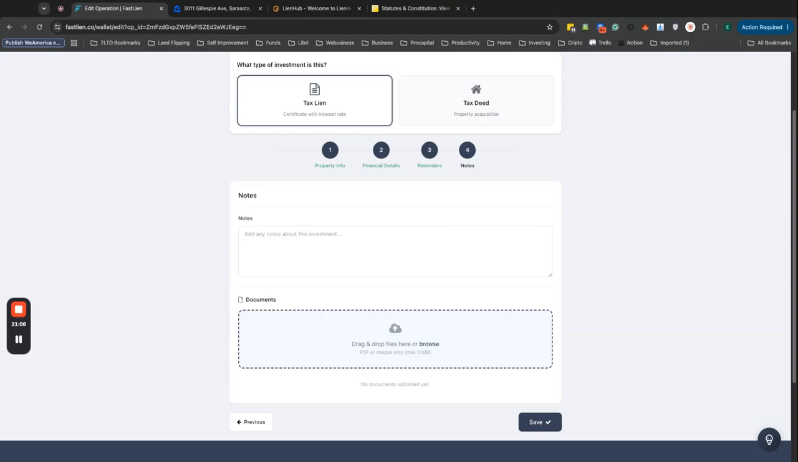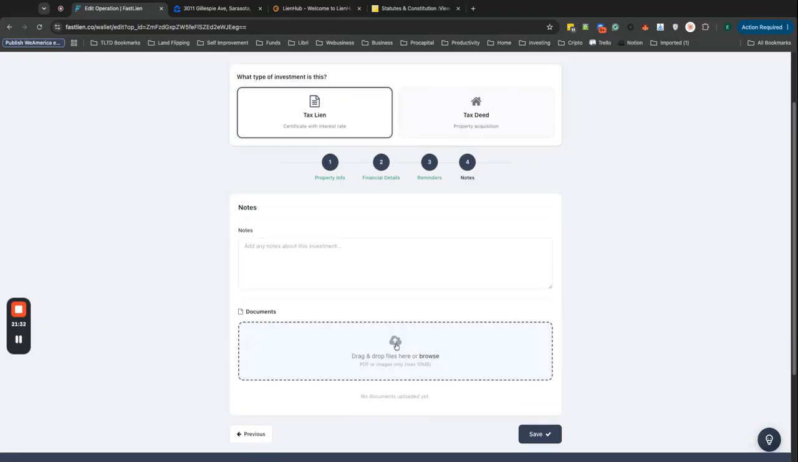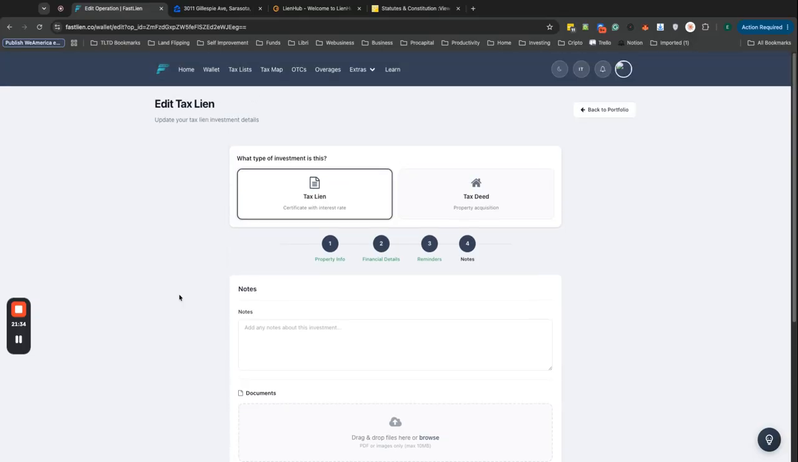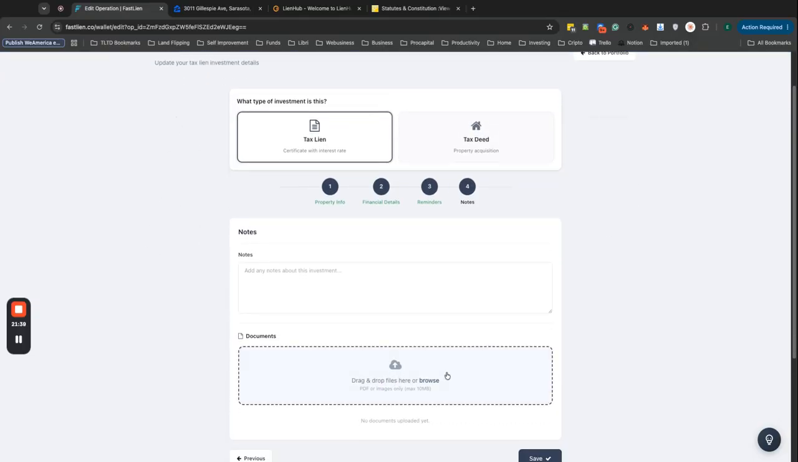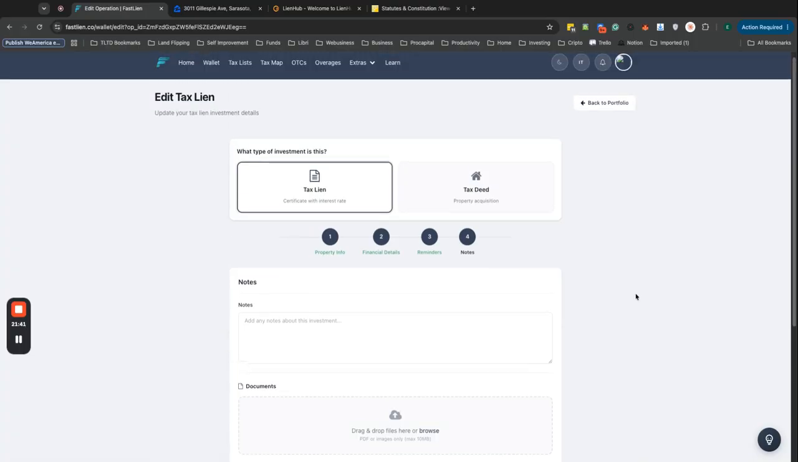And this is critical because when you're managing a lot of tax liens, you will be managing a lot of documents, deeds, receipts, for example, for your tax payments. You can add them here and you have everything inside of your tax lien page for your specific tax lien. So I think this is very, very important. And we have added this feature